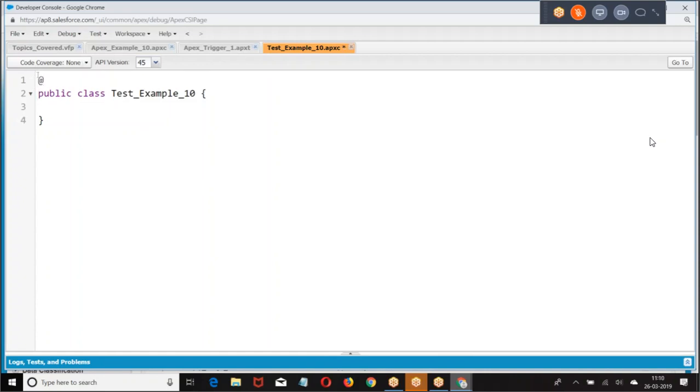Now look at this. We have at the rate of isTest, static void. When is the trigger fired? The trigger is fired when you are making a DML operation. Right. The trigger is fired when you are making a DML operation on an account. So I was trying to insert a record here.